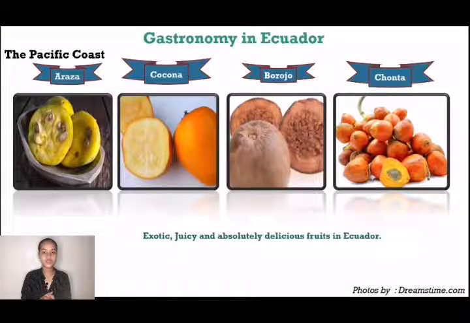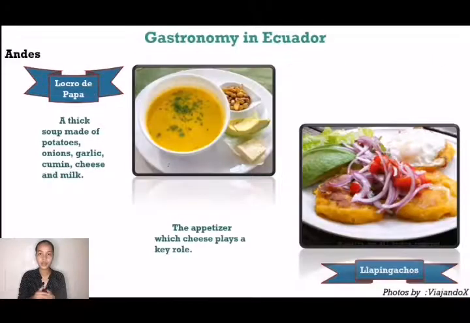Now let's move on to the Ecuadorian gastronomy in the Andes. Andean food in Ecuador is probably the most common among tourists. The Andes are known for crops such as potatoes and corn, so the Andean cuisine is based mainly on these foods combined with meat. So before your excursion to the Chimborazo, you can recharge your batteries with these dishes.